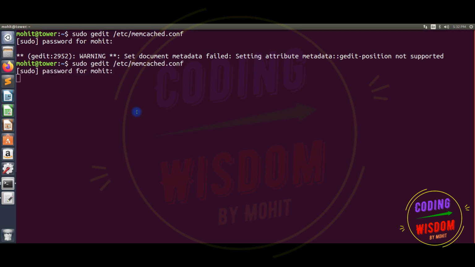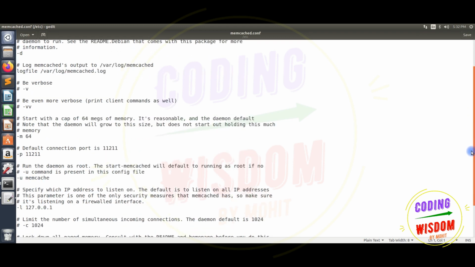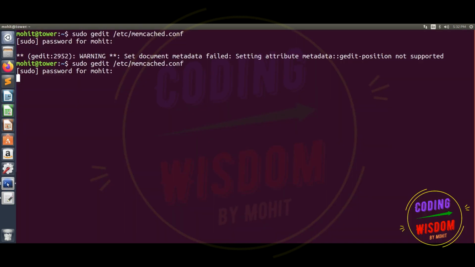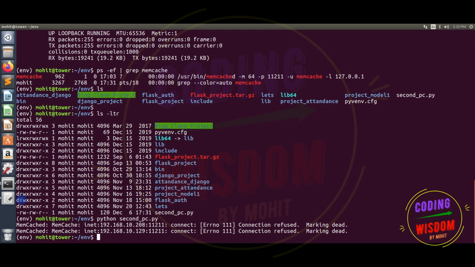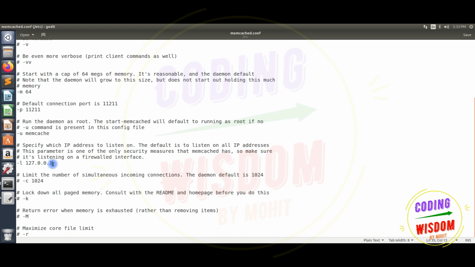Password. So here you can see the IP. Now let's change it with this IP. What is the IP of this PC? Run ifconfig, copy this IP to this file here, save, done.